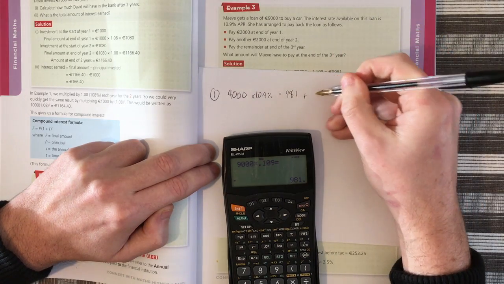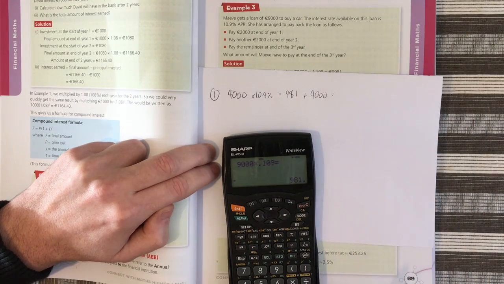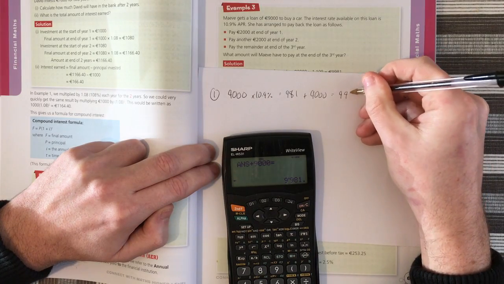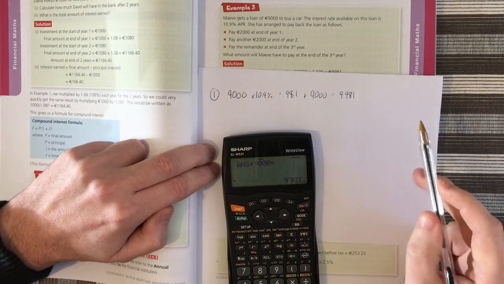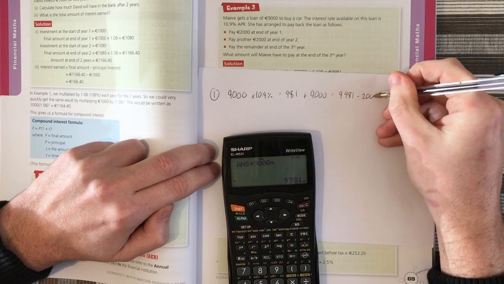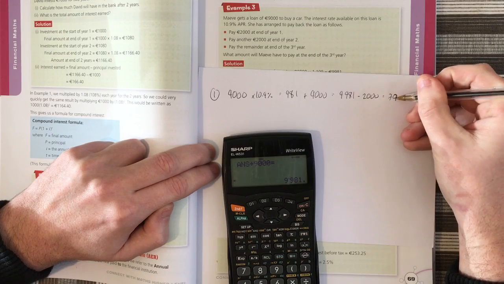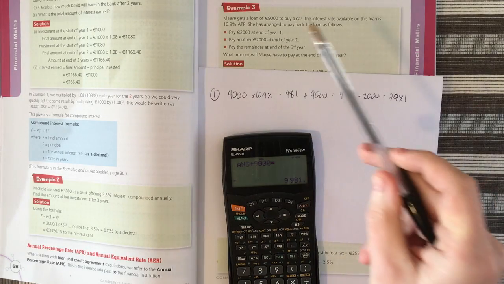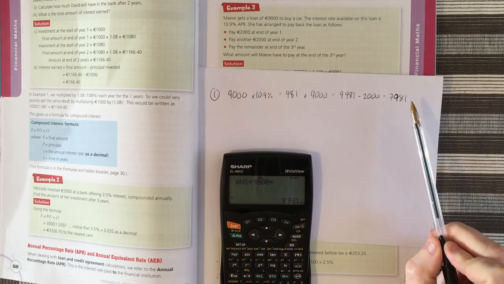So it is €981 interest that she will have to pay the bank. So plus 9,000. So that's at the end of year 1, she owes €9,981. But what happens? She then pays off 2,000. So it is now 7,981 that she owes. Okay, so you do the interest before the repayment. All right, so at the end of year 1, she owes